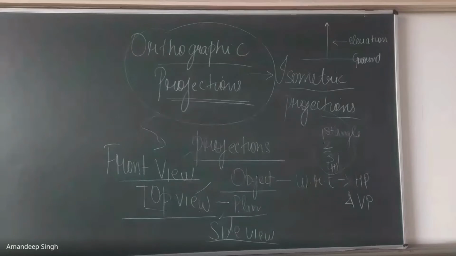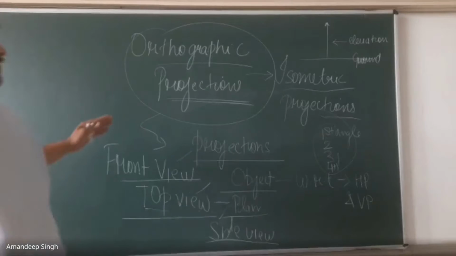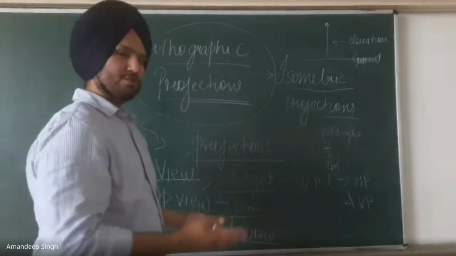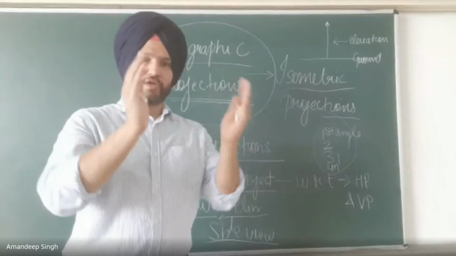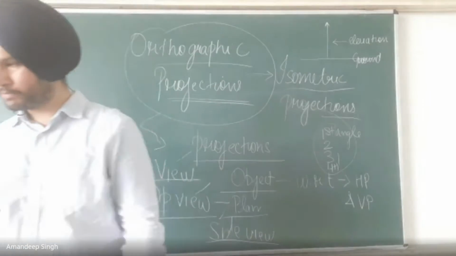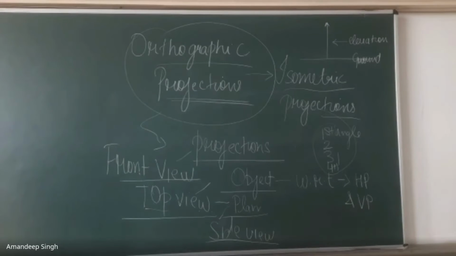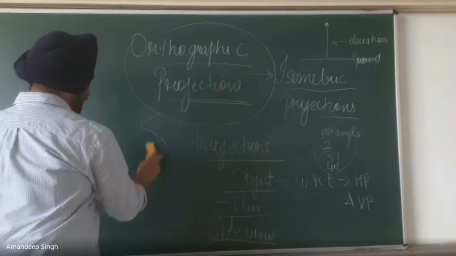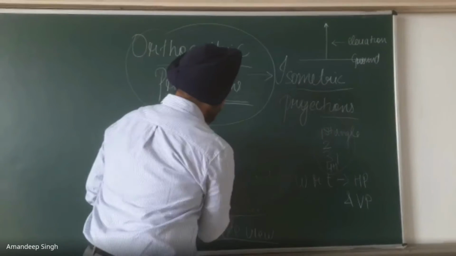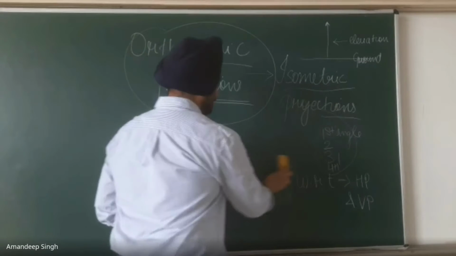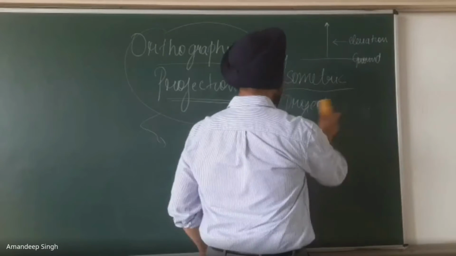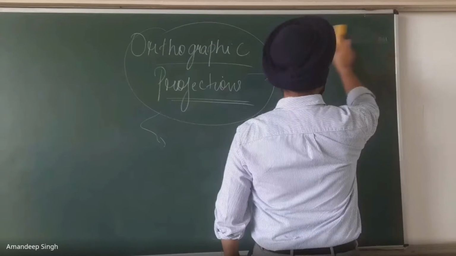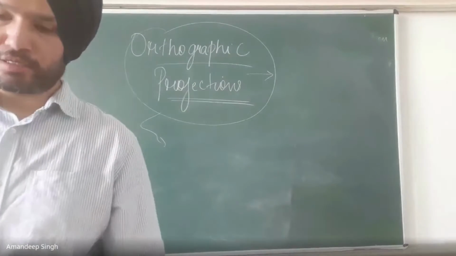It is simple, right? So in orthographic projections, we get the views. And by views, I mean I get the face shape of the object. Now, what is the face shape that I am referring to? View is a shape of the object in that direction. In which direction? The top direction, the front direction, the side direction, northeast direction, southwest direction, southeast direction, right? So you can refer to it as the directions.